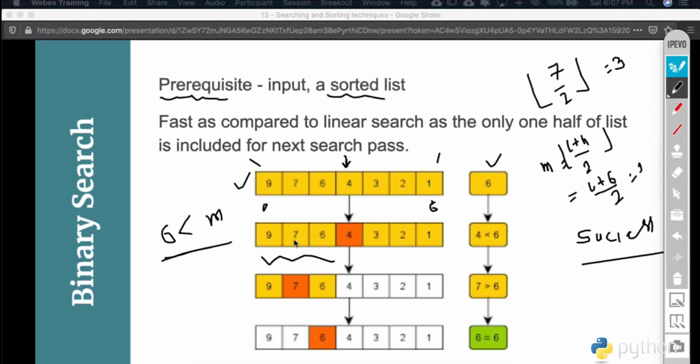So you certainly go in this direction because the item will be found on the other side. If this is in descending order, then you will move in this direction, the right side. So this is the second possibility, when the key value that we are searching for is less than the middle index value. If that's so, then we will look at the part that has the smaller set of values. So here we have a smaller set of values, so we will look at this particular part.